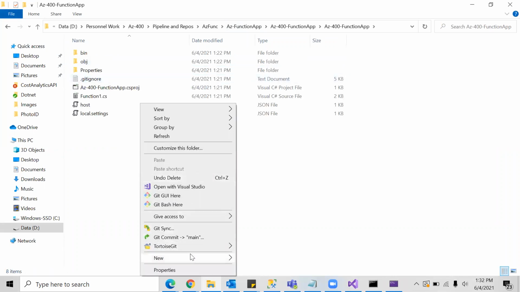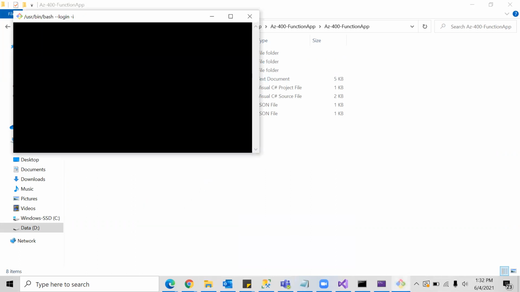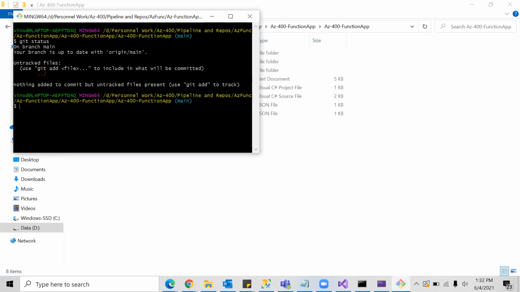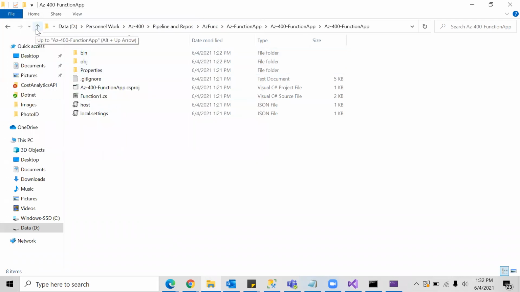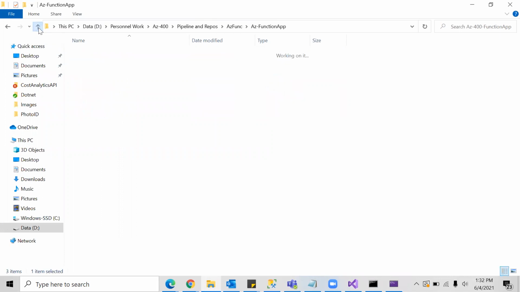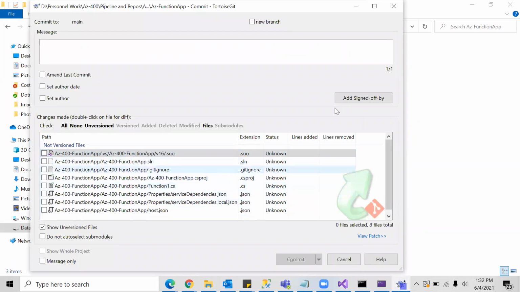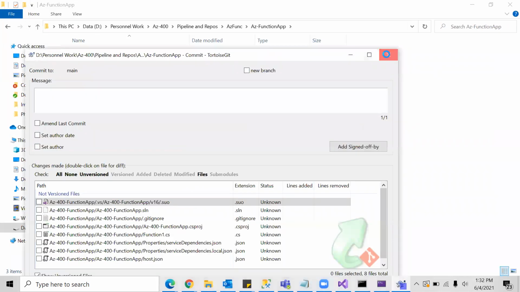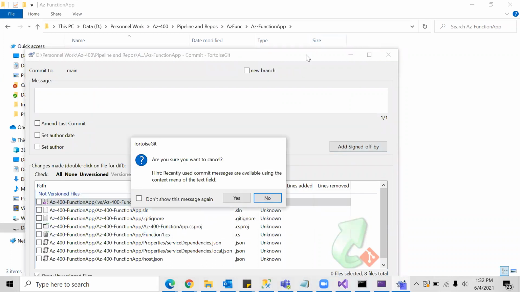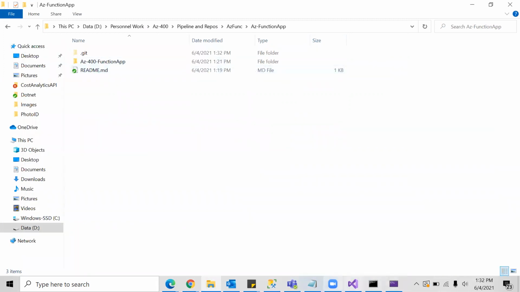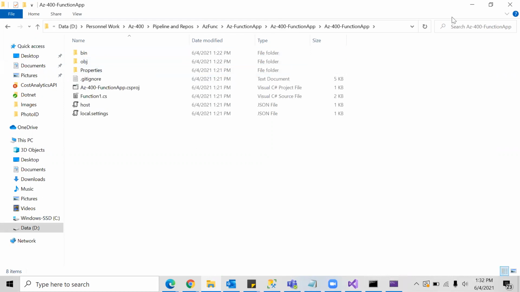Okay, this all looks good to me. I don't want to push some files, so I was just checking the bin folder and obj folder, which we generally don't push to our repos. So I was looking for the git ignore file, whether it is there or not.